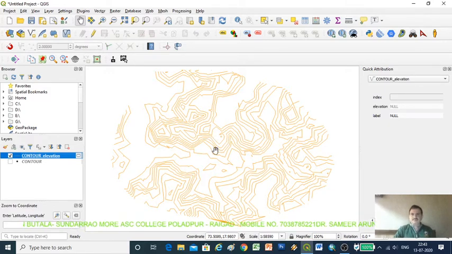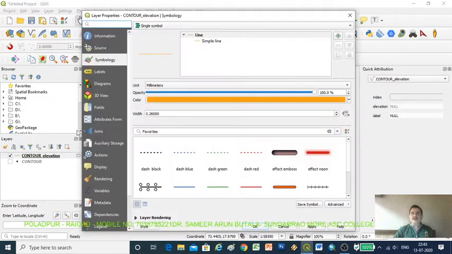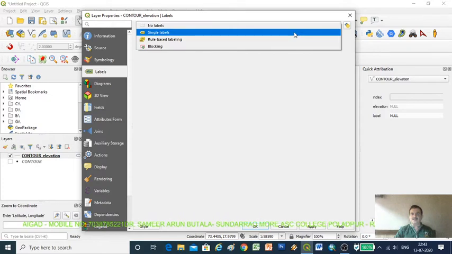Now suppose we want to see which area we generated the contours for, or name the contours. So we right click here and go to the properties and then go to the label, click on a single label.